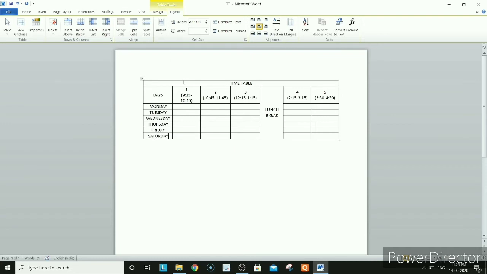Okay, now I kept all my days here. Now what I want is to put my timetable over here. According to your class timetable you have to keep it. So what is your first hour on Monday? For example it is English, so you want to give English. Automatically I set it as align center, that's why everything is coming as center.